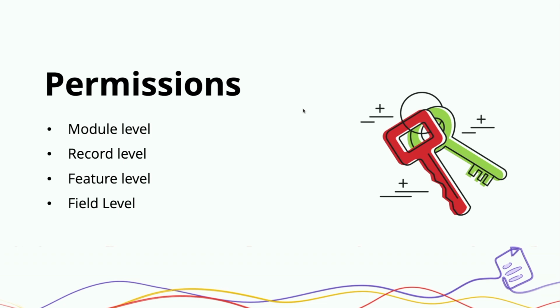Number two is record level permission. When we say record level, when I access the application, should I be able to see only the data that I have added, or should I be able to see the data everybody has added? Should I be someone like a manager who can view all the data, or am I just limited just to myself? That level of permission. And then feature level permission. When we say feature level, it's only two features that we are referring to here. The ability to import into a report or export from a report. These two would come under the feature level permission.